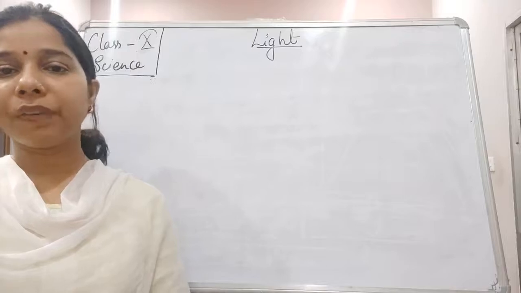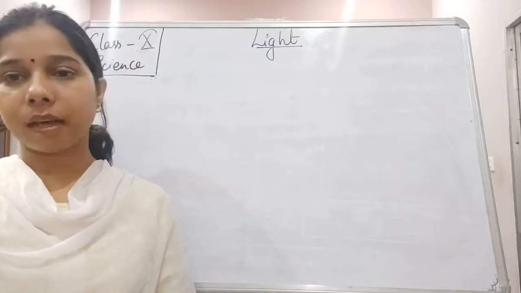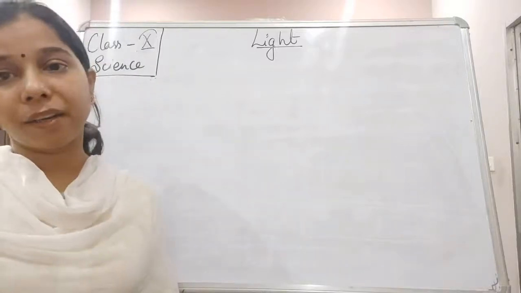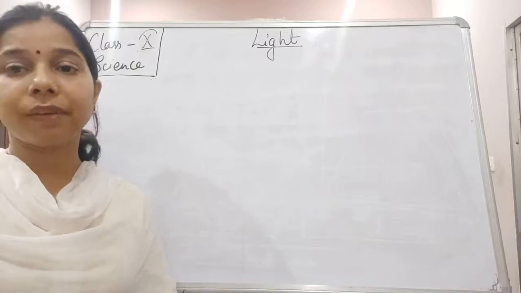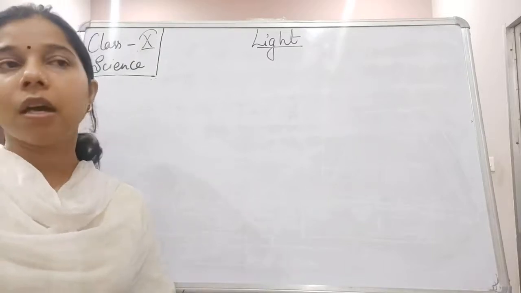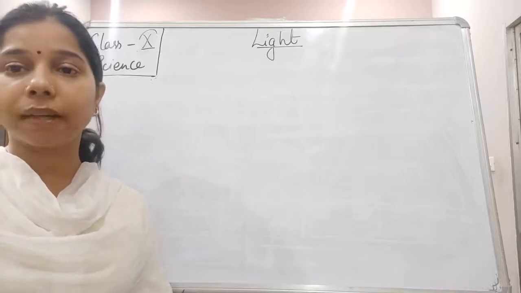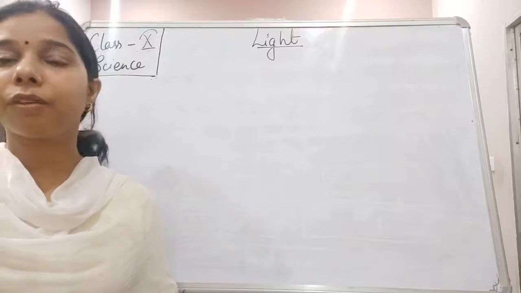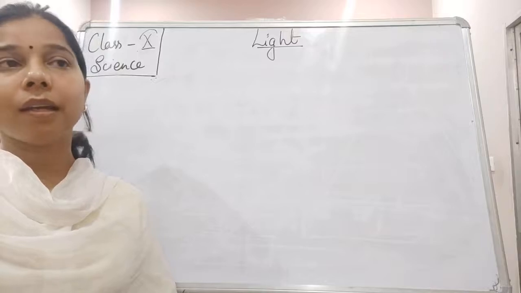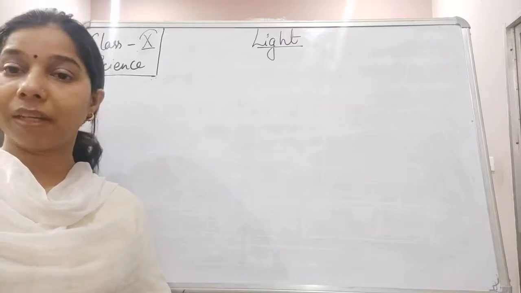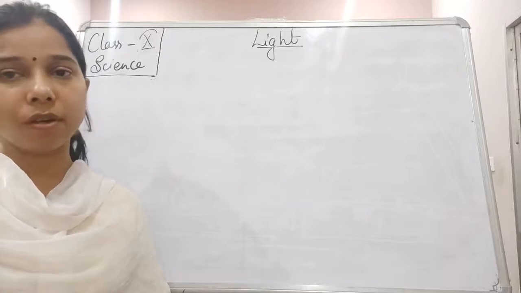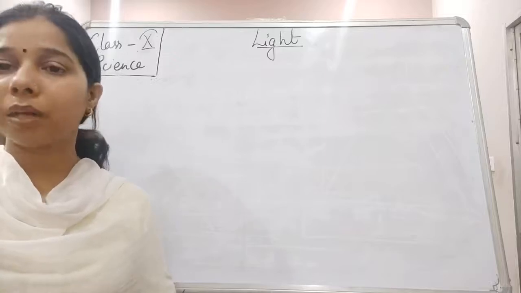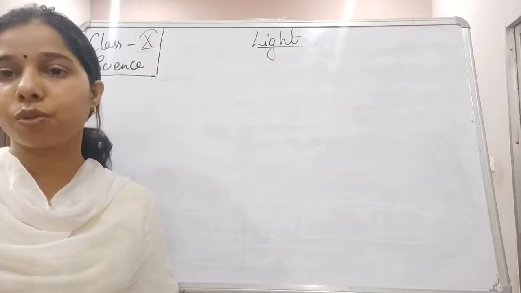So students, in the previous chapter on light, we had discussed the reflection of light. We have seen the different images formed by the convex mirror when we keep the object at different positions. We have also seen the mirror formula and the sign convention used in case of a convex mirror. The focal length is always positive, and the image distance V is also positive because it is at the right side. The image is always formed virtual and erect. So this is all about the reflection of light that we have understood, students.